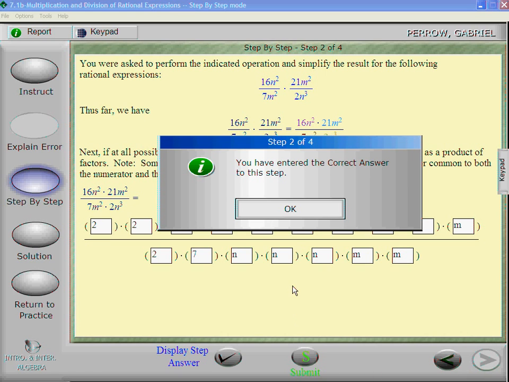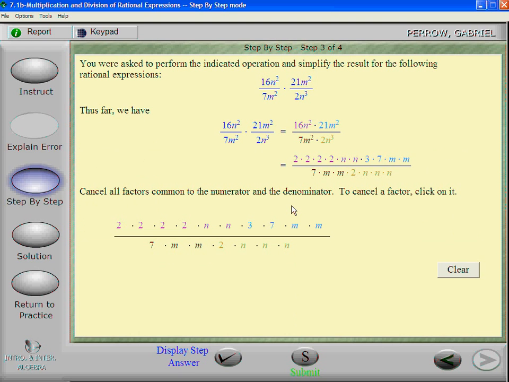Squared. Alright, so if you have all those individual factors, you can reduce it this way just by canceling out what's common. You know, see how they want us to do this. They have it arranged a little differently than I did. Cancel all common factors to the numerator and denominator. So I think if I, there we go, cancel a set of 2's, cancel a set of 7's, m's,